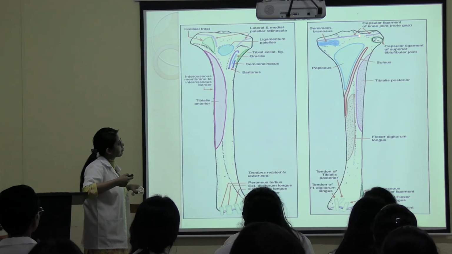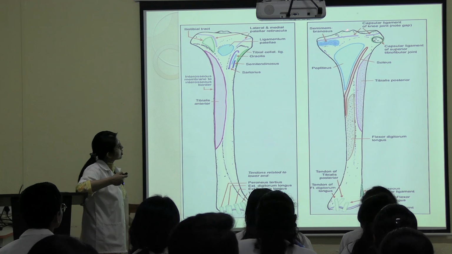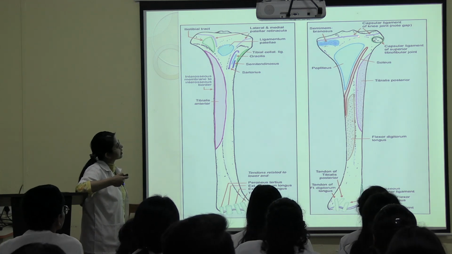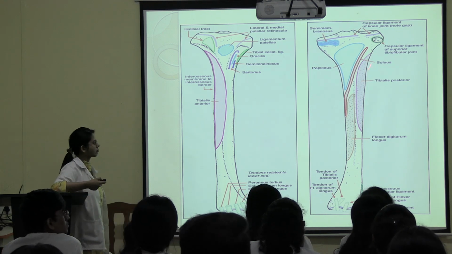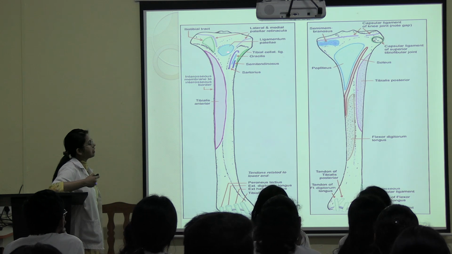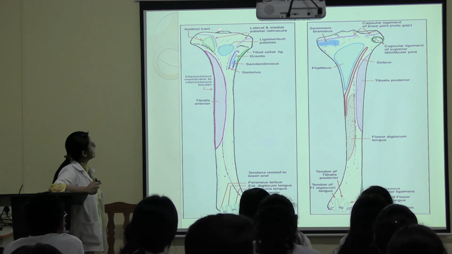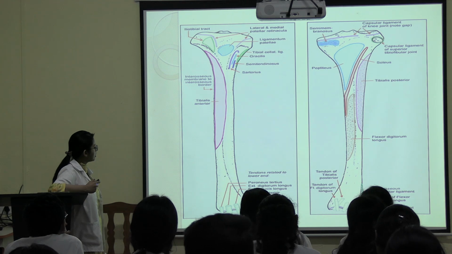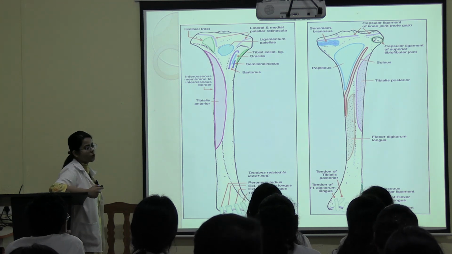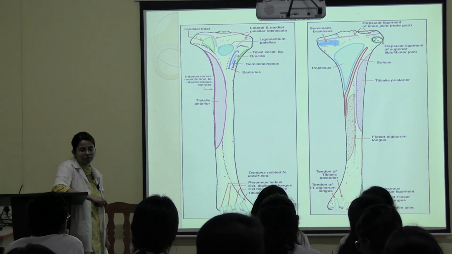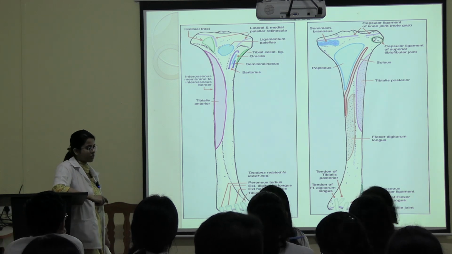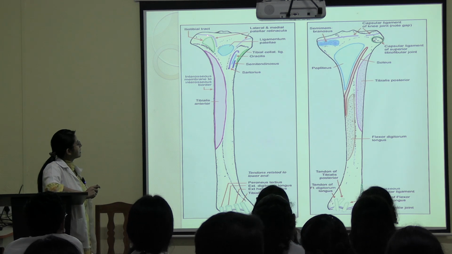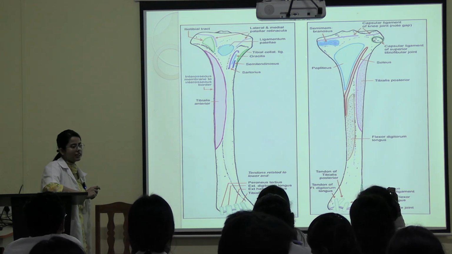See, this is the capsule. Okay, this is the posterior surface. So this capsule is deficient here for the passage of popliteus tendon. And anteriorly it will be deficient for ligamentum patellae. Clear? In the anterior and medial part, this capsule will be known as medial patellar retinaculum. What is the retinaculum? Deep fascia. And anteriorly and laterally it will be called lateral patellar retinaculum.